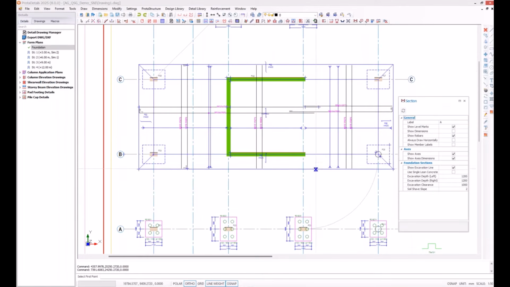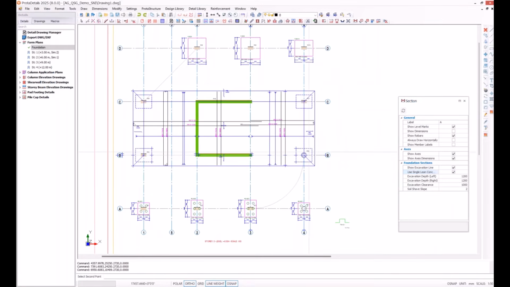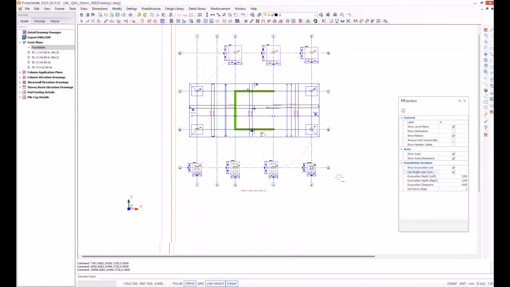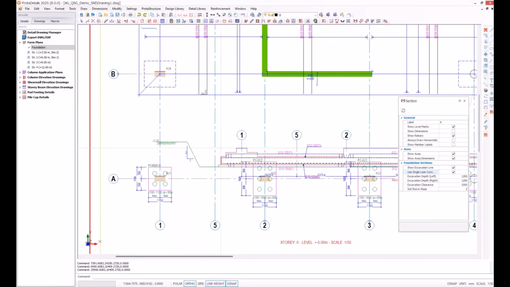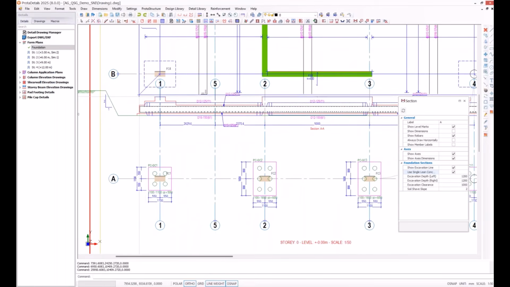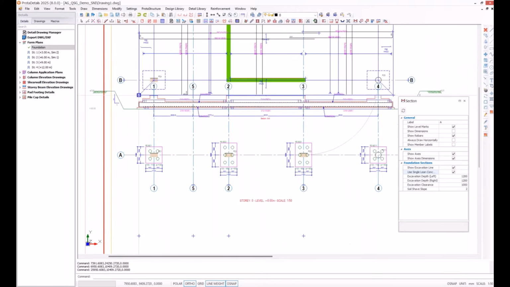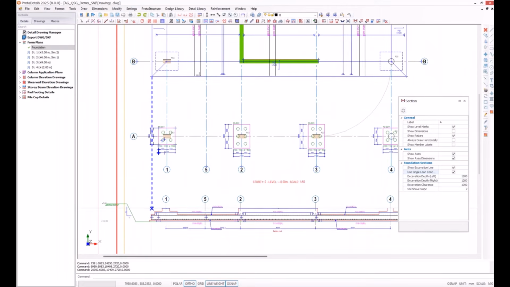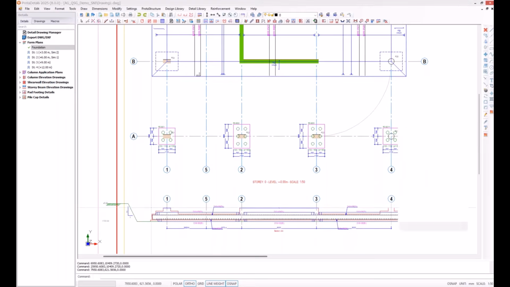Let's create this section, use a single link concrete through this axis. Okay, and ProtoDT is a fully featured CAD environment, so you can utilize all the CAD goodies that you would have in your favorite CAD software, like this extension OSNAP.